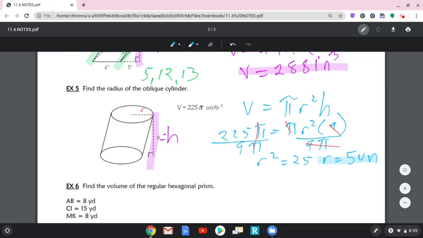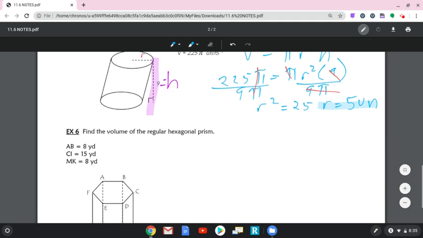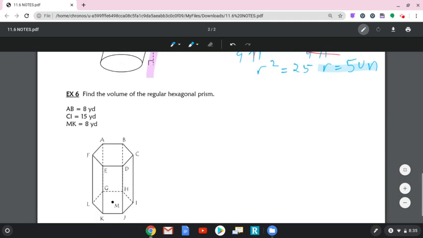All right, last problem of the day, guys. Example 6 down here. What we have here is a hexagonal prism, and it's a regular hexagonal prism. It says it right here, regular hexagonal prism. So let's label what we know. I know that AB is 8. I know that CI is 15, and I know that MK, that triangle there, is